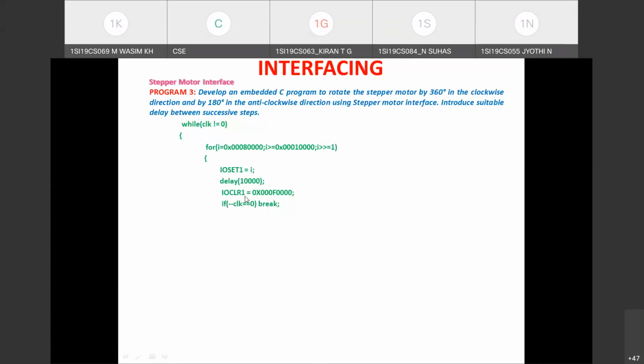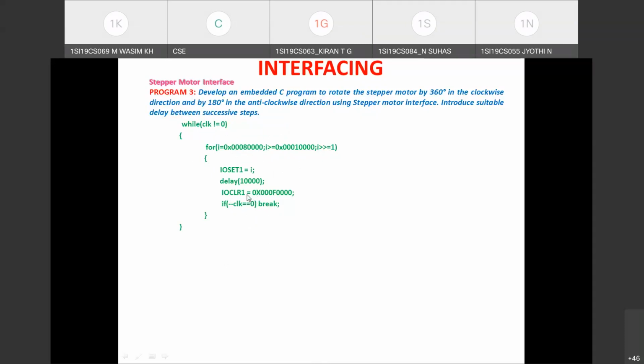After those many rotations are completed, after one decrement of the clock counter, we'll check whether its value is 0. If it is not 0, control goes to the updation part where I is updated. Then it tests the condition and repeats the loop. After the loop is repeated 4 times, the test condition will fail and it comes outside the for loop. Then it comes to the beginning of the while loop to check this condition: is the clock value 0? If it is not 0, it reinitializes I to this value and repeats.